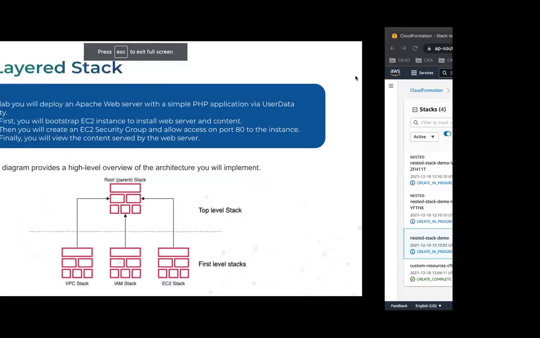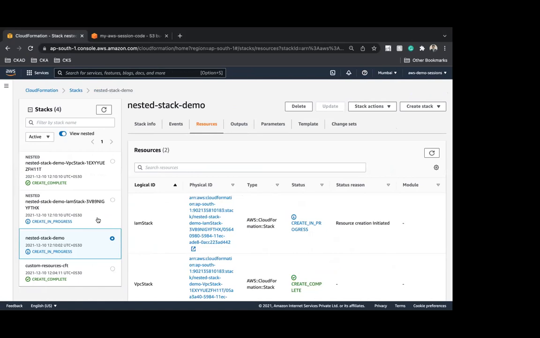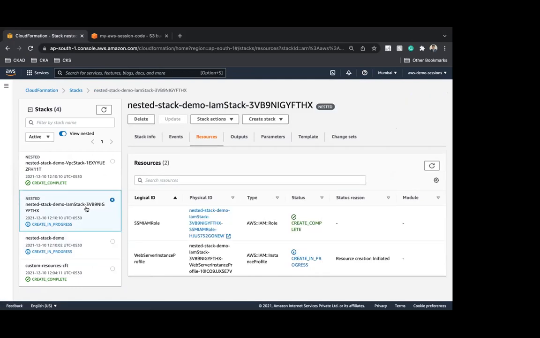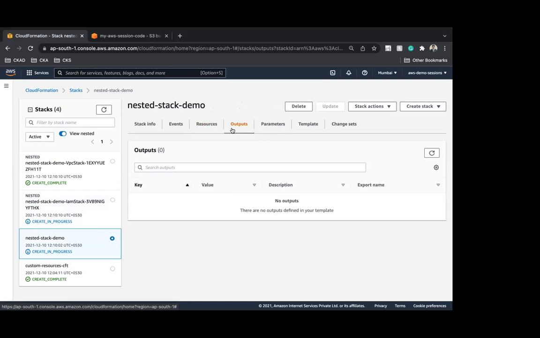Let's wait for a few quick seconds. I think the stack should start completing now. So as you can see, the VPC stack has been done. And as soon as the VPC stack is done, it will launch IAM. IAM is done, then it will go to the last stack, which is an EC2 instance. Again, from an understanding perspective, this is the same EC2 we launched in the first sample. The same stack I have plugged here. I mean, this is more from a demo perspective. I've used the same stack, so you'll see the same output of what we understood so far.